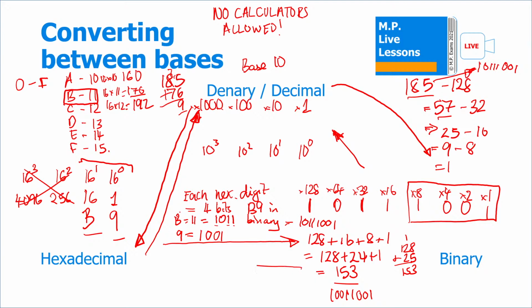Going the other way from binary to hexadecimal, we could use the same trick again. Starting from the right, we split our bit pattern or binary digits into chunks of 4. So for example, if we've got this, we split them into 2 chunks here of 4 bits each. Then we find its numeric value in decimal perhaps. So on the right we've got, using our table,